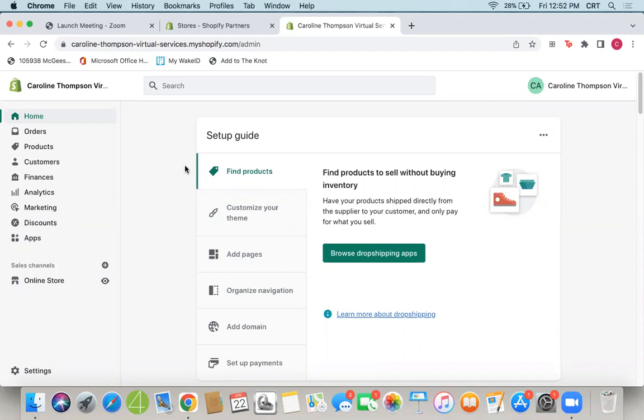Hey everybody, today we're going to be doing a quick tutorial on how to add pages to the main menu